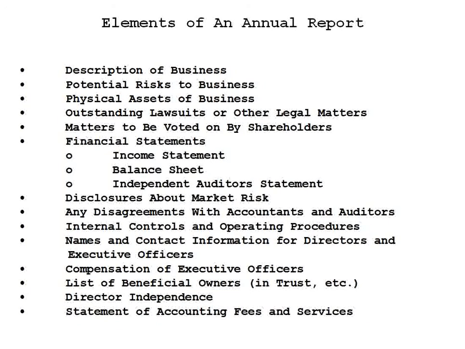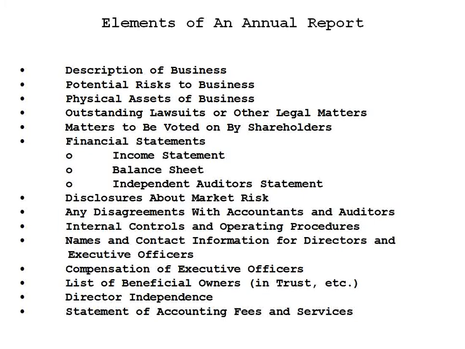Income statement, balance sheet, independent auditor statement, certifying that those reports are in fact accurate. Then there are disclosures about market risks, any disagreements that management of the company may have with the financial statements or the auditors,